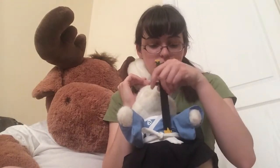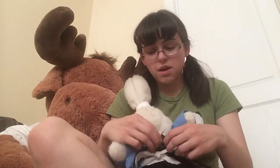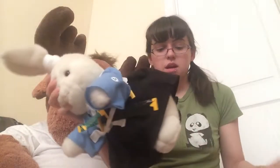So yeah, that's my Usagi plushie. I just had to tell you guys about him because I love him so much. Out of all the things that I've made, I'm probably the most proud of this stupid rabbit. I made the patterns, and I don't know, for whatever reason, this bunny I'm more proud of than any of the other things I've ever made. And he just came out perfect. He came out exactly how I saw him in my head. His pants turned out really good, and I just love him,